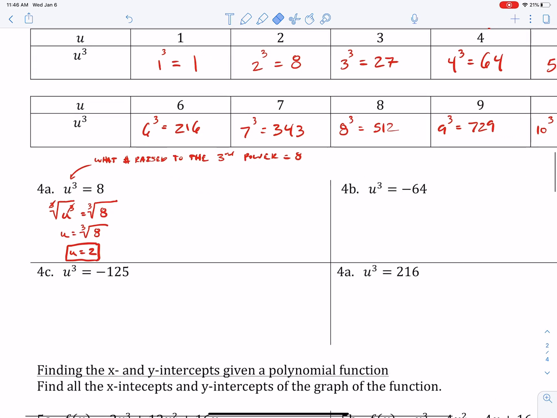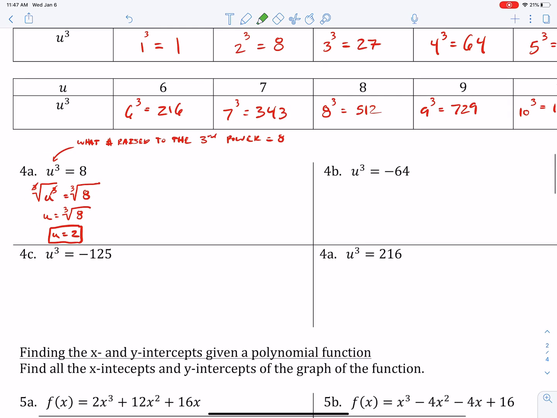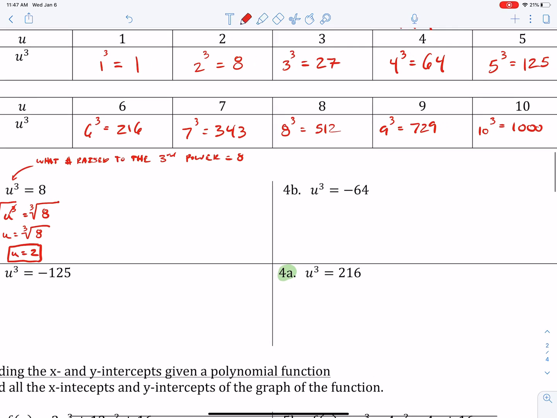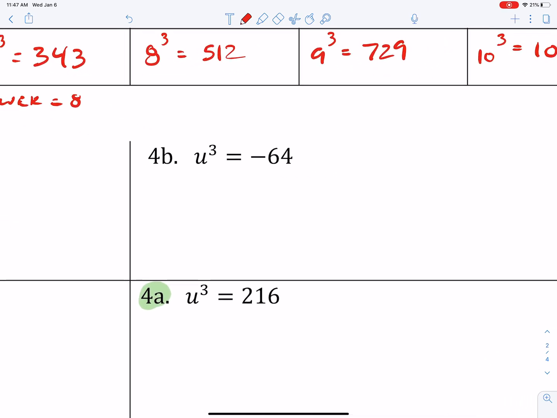Well, let's do B together, and then you could do 4C and 4A on your own. Or should I say you could do what's highlighted here. This should probably be 4D. Let's do this one together. So I have a negative. What you're going to do is you're going to take the cubed root of u to the third power. I have negative 64